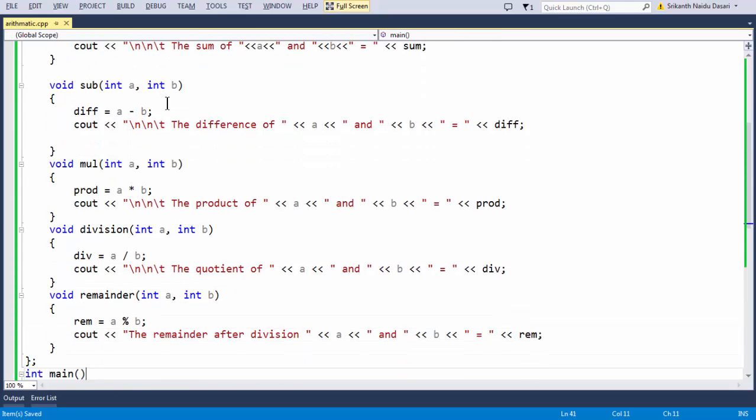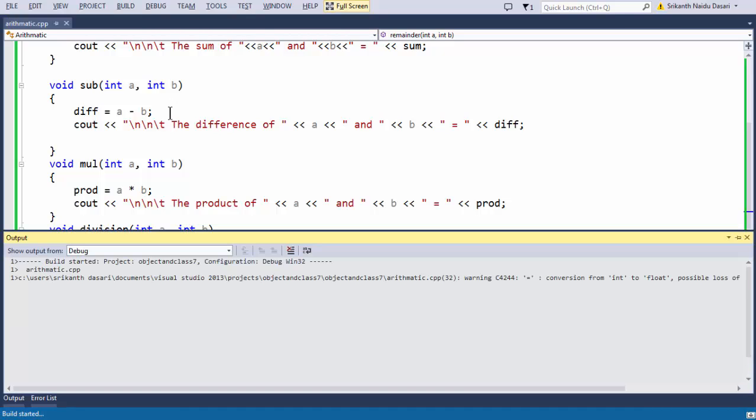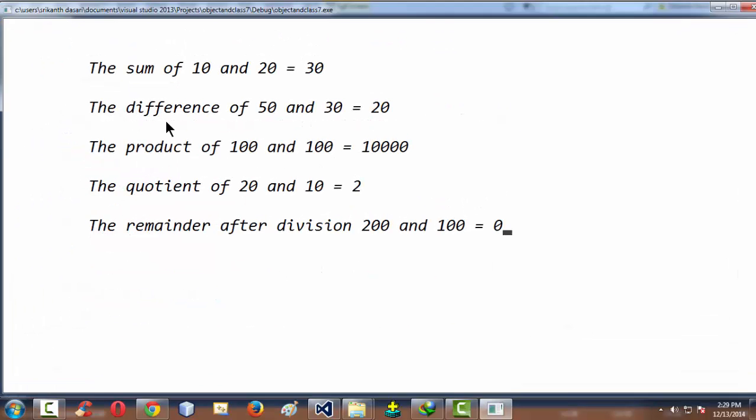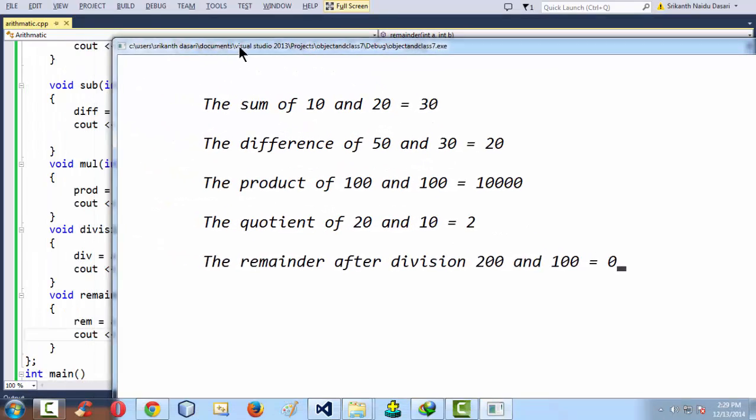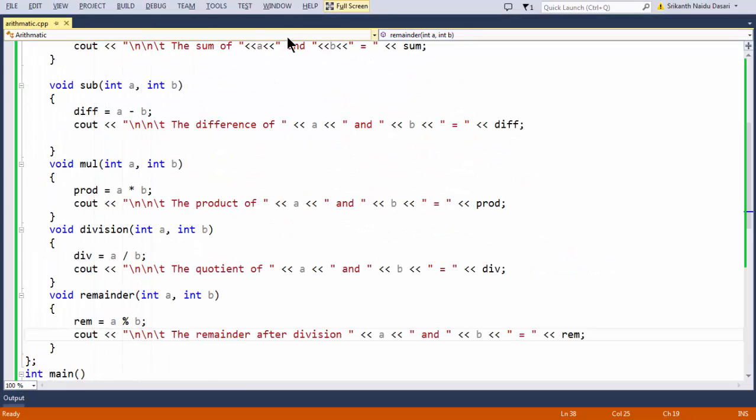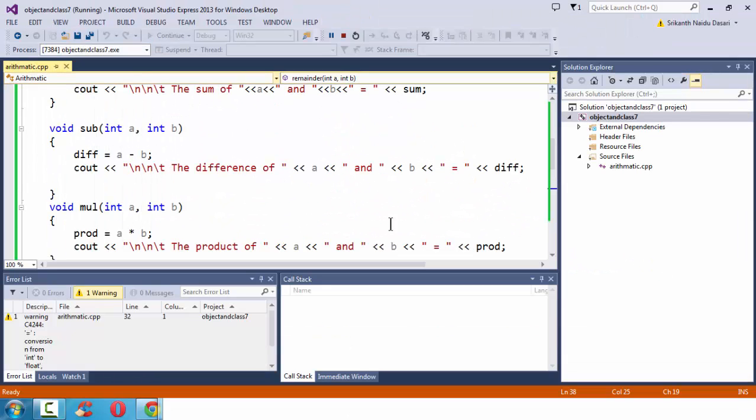Okay. The last but not the least is the remainder. If you run the program, you get the results of all your operations here. The sum of 10 and 20 is going to be 30. So that's what we have passed in the form of arguments. And in the same way,